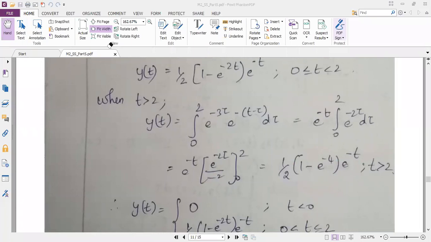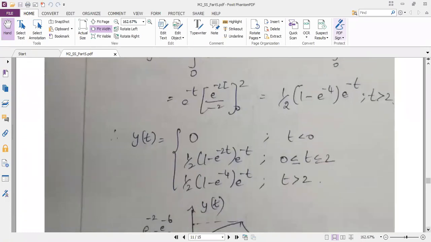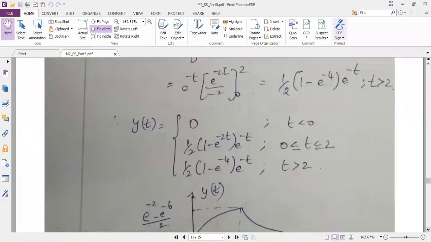So in the first problem, I got only one answer y of t. Here in the second problem, I am getting two different answers for y of t. The reason I have told, if both the signals are infinite, then I will get only one output y of t. If one is finite, one is infinite, I have to follow the steps which we have discussed in this problem. The same steps we have to follow. So I have to summarize my output. You know how to summarize it. So y of t is equal to 0. That 0 condition you should not leave because we will see what values of t we are getting output.